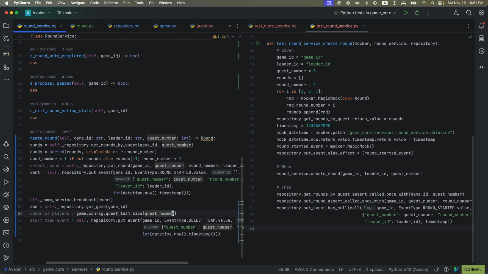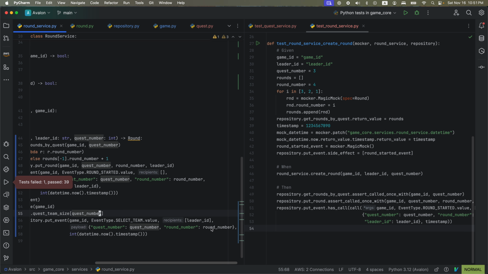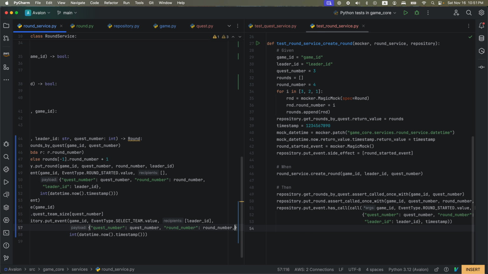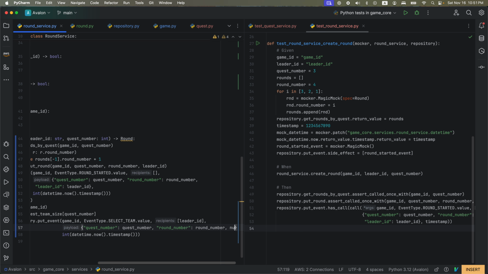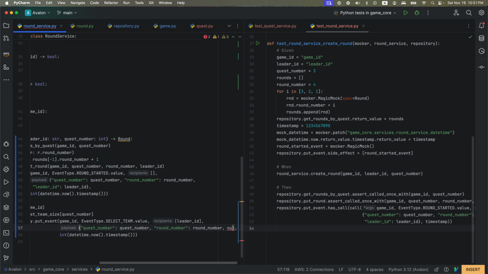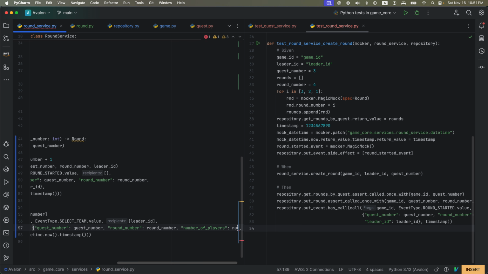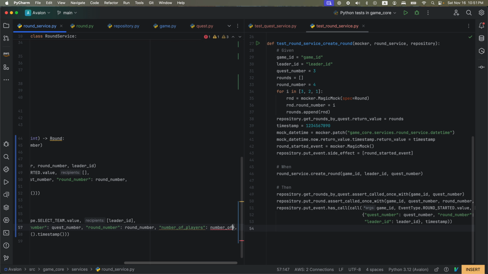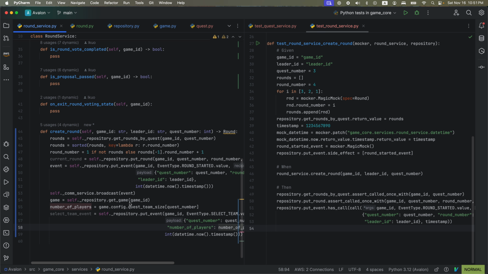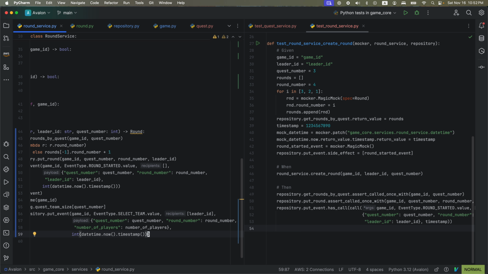Okay, now we know the number of players, quest number, round number, and we give it the number of players. Okay, number of players, select team event, and we want the